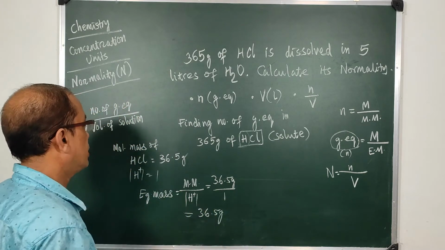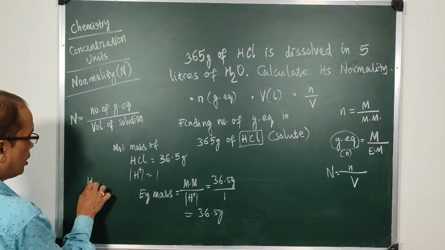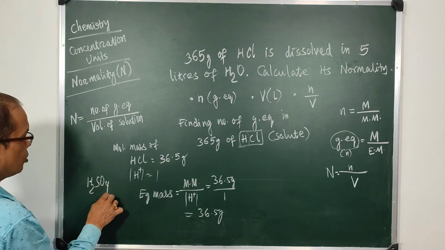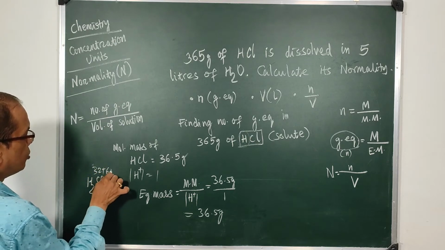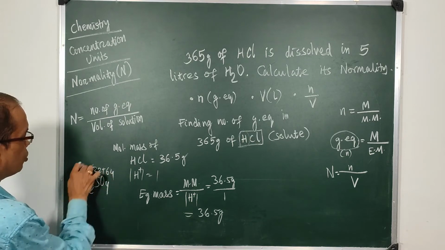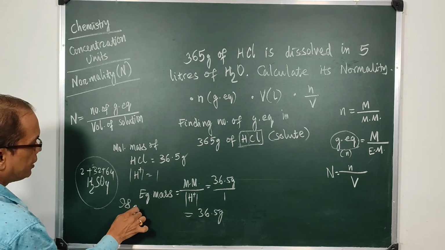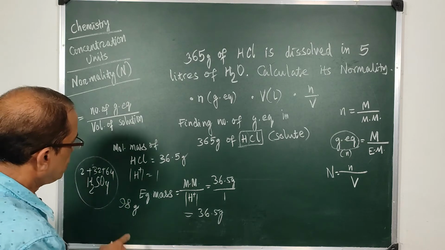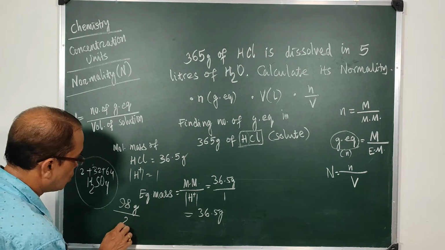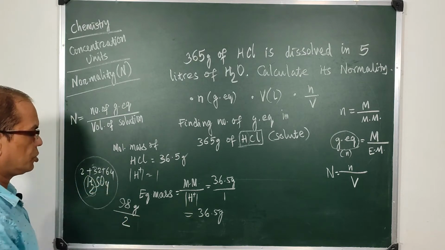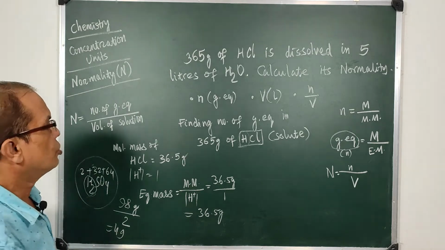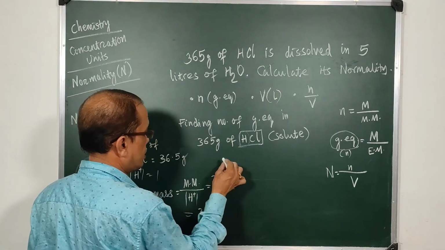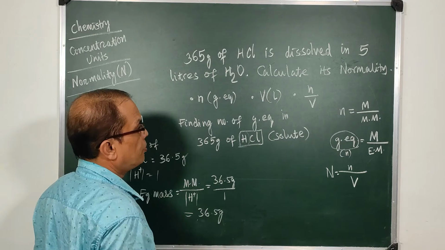And for your knowledge I can add, if you take H2SO4, where S is 32, O4 is 64 and hydrogen is 2, you get 98. So 1 mole of H2SO4 is 98 grams, and here you divide by 2 because there are 2 hydrogen atoms for finding the equivalent mass. So here the equivalent mass of HCl is 36.5.